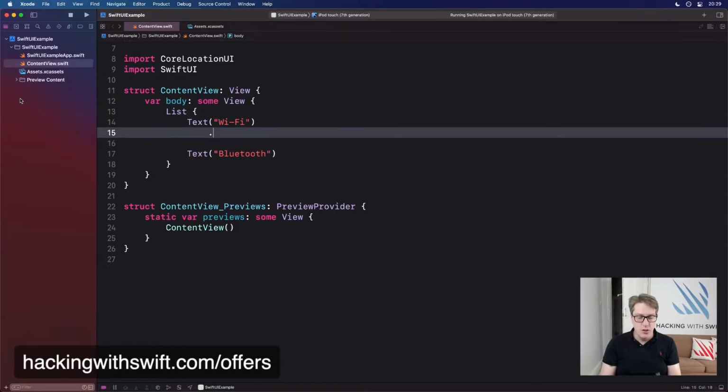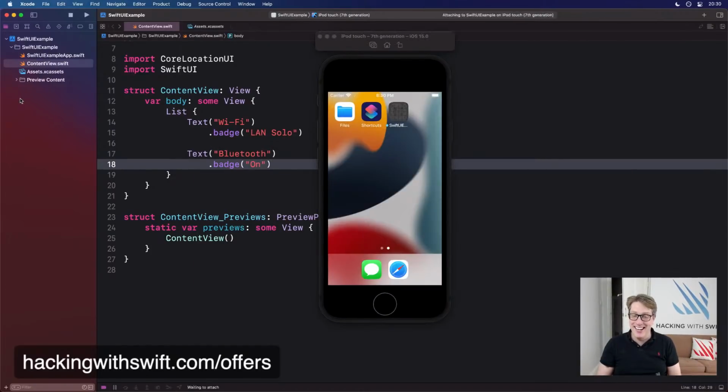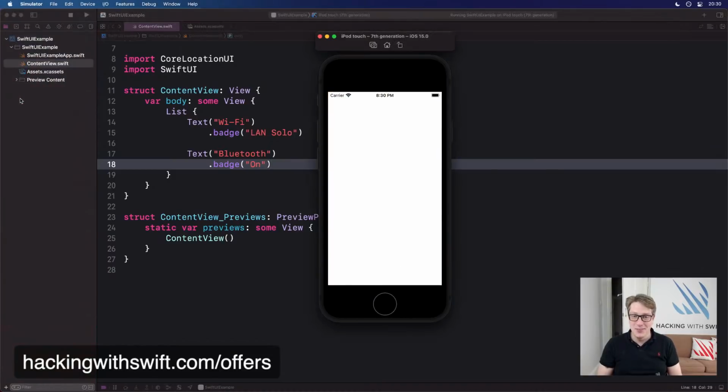On the right, you can say something like your Wi-Fi name, the one you're connected to right now. So I might say I'm on LAN Solo and badge on. And that's it. You get this great layout for almost no code. It's just absolutely wonderful. Boom. Just like in the settings app. So badges are brilliant and really simple to use, and they help make your UI fit in with the rest of Apple's designs.